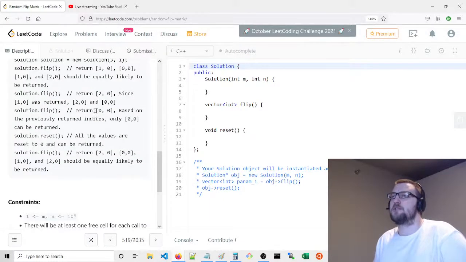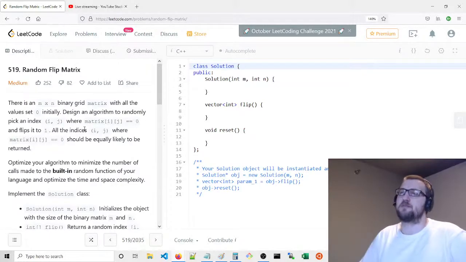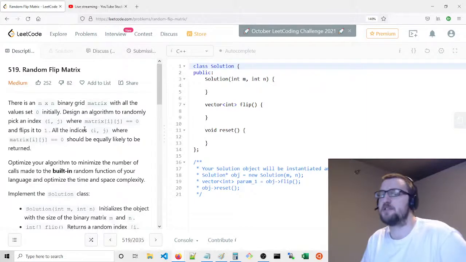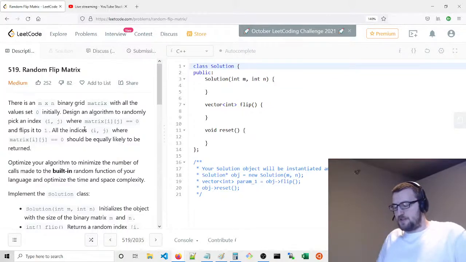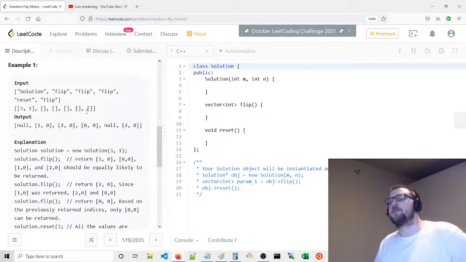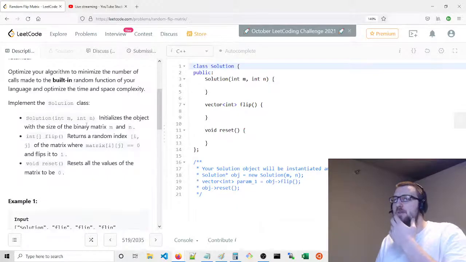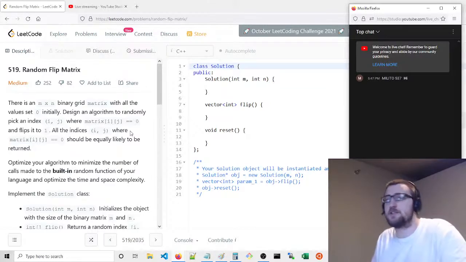So what I decided to do, if I can explain it, is basically convert the matrix binary grid into a single array. And what we're going to do is when we randomly select,